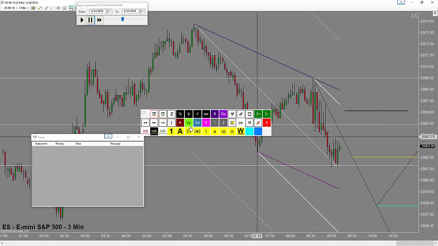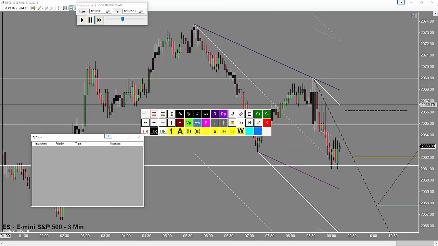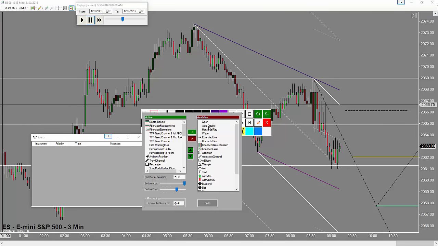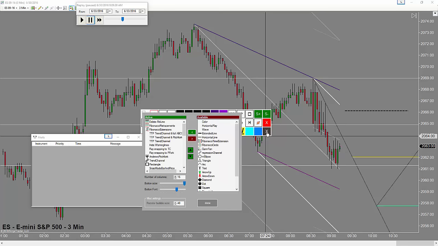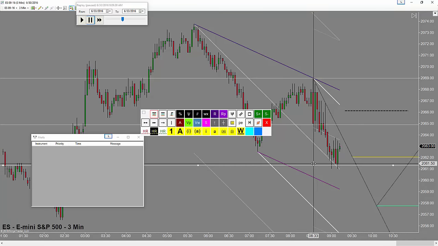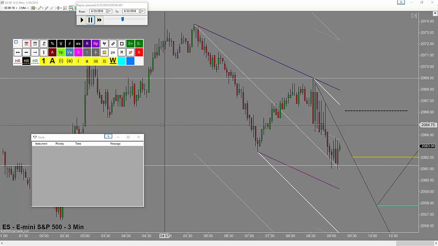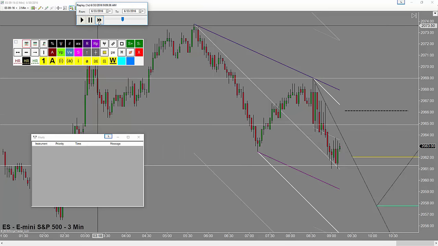Now there is another button for disabling alerts, but that's somewhat redundant for me. That would be this button, alert disabled, and you can see it's just a dark red X. But you do not really need that because all you have to do is simply delete the line and the alert will be disabled. So now with all of the alerts enabled, let's go ahead and run this forward,